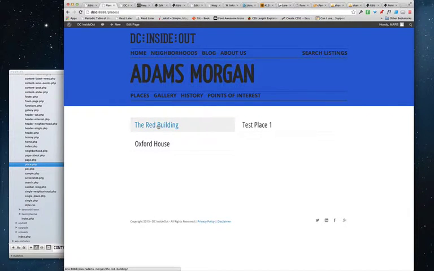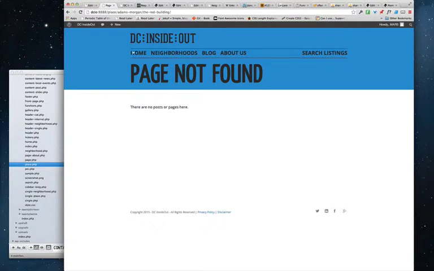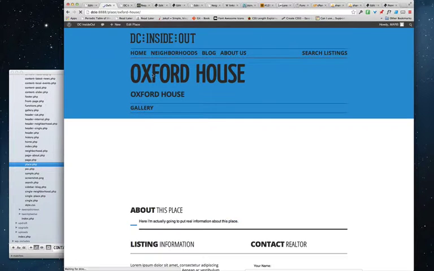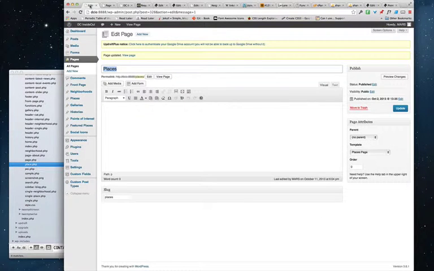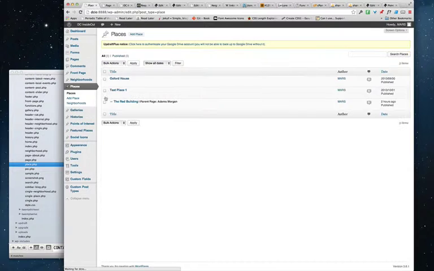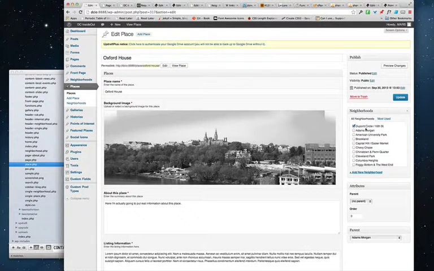And then the second one is once we're at the place level, it actually goes to the place, because now what's happening is that this is a new place I just created called the Red Building, but Oxford House works because it goes from place to Oxford House. But the Red Building goes from Adams Morgan to the Red Building, which I think is interesting because it's keeping the relationship, but yet it's not pulling the page. So if I go here into places, custom post type, and I go to Oxford House, what's interesting here is,